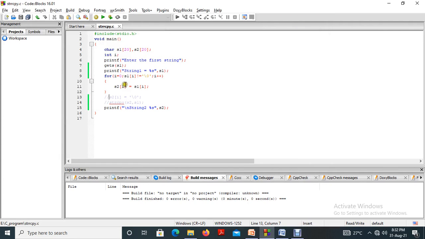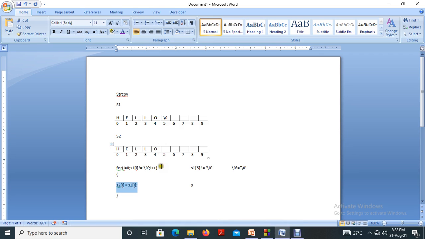Here string 2 we copied from string 1, but we didn't copy the null character, because as per the program, once this condition is false, it will not execute the remaining part of the program. That means it will not execute S2 of I equal to S1 of I. That means the null is not assigned here.